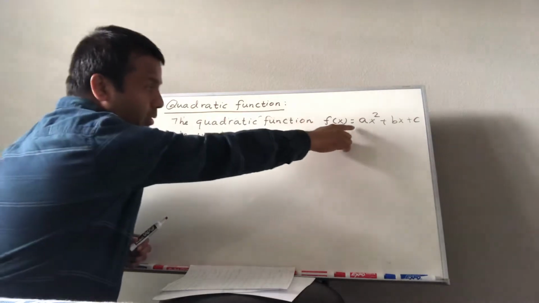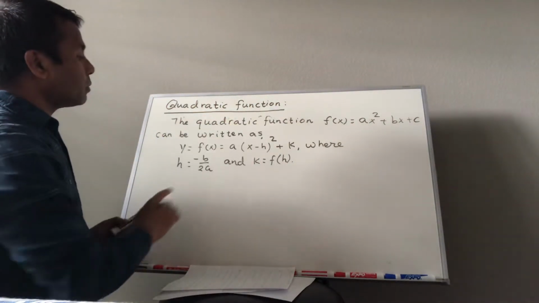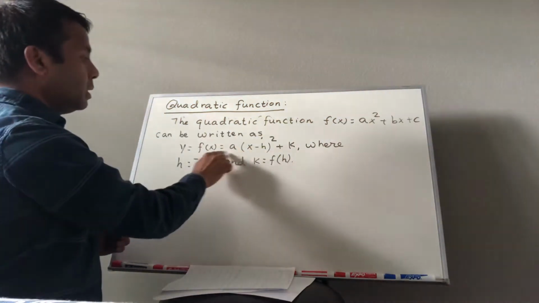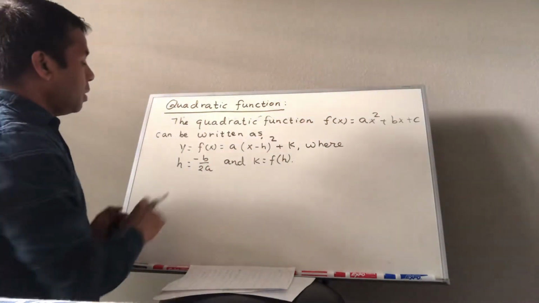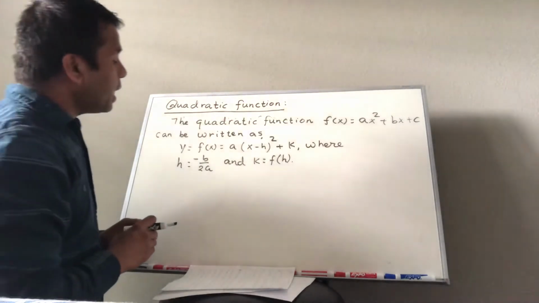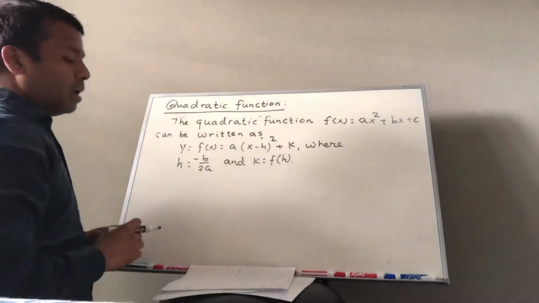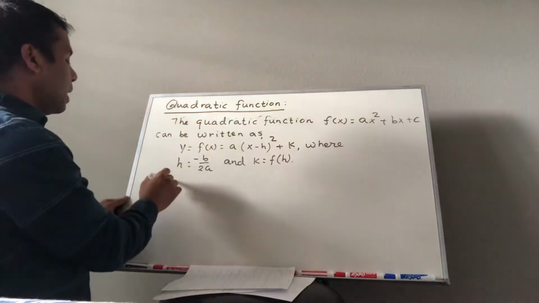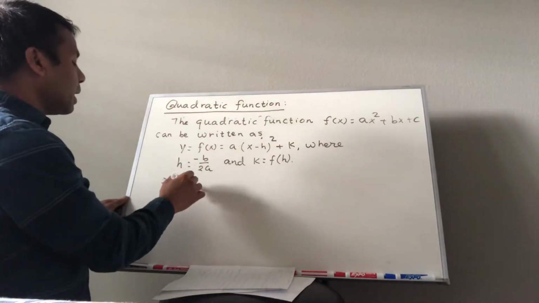So this quadratic function, we can write into this form where h equals negative b over 2a and k equals f(h), and this (h, k)